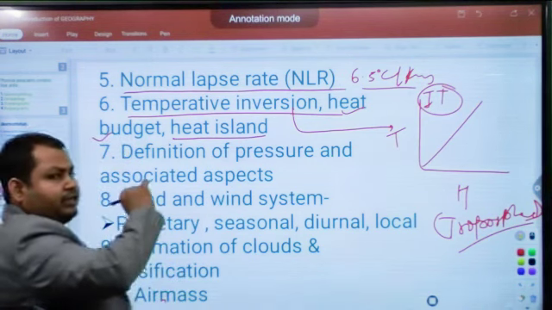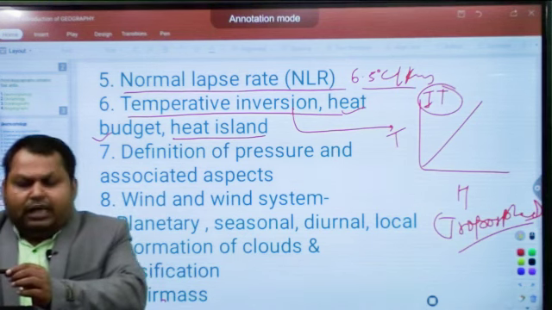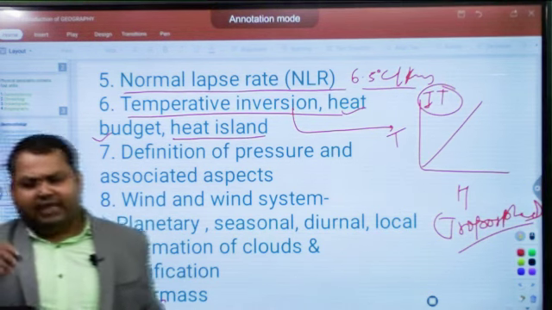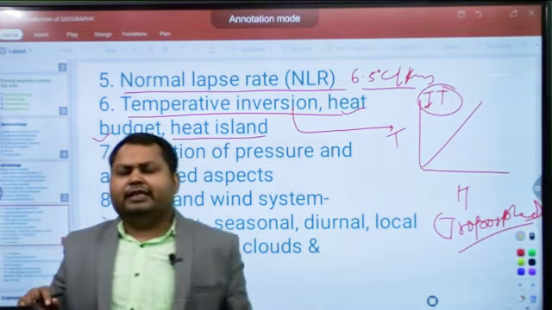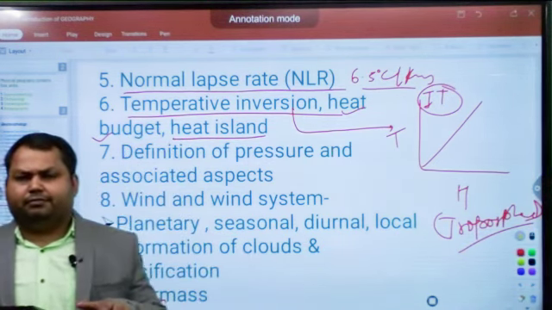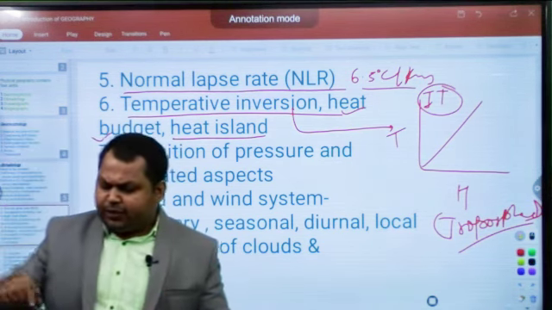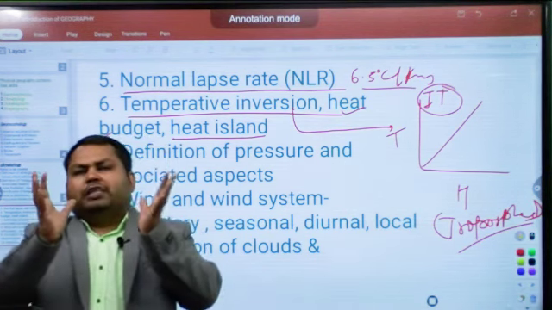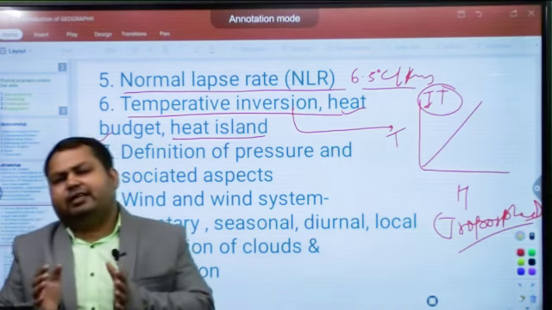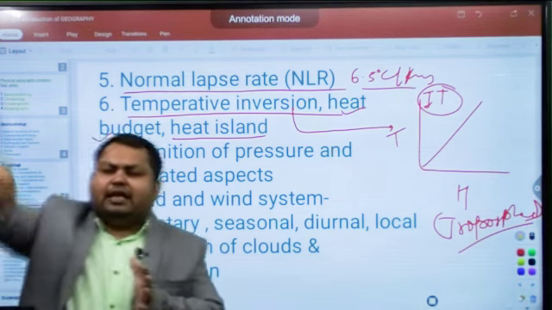The next is heat island. What are heat islands? Heat island is associated with the large urban habitats of the world, created due to industrialization, urbanization, deforestation, infrastructural development, etc. These are the factors responsible for accumulating more heat energy from solar radiation as well as terrestrial radiation in the large urban habitats,